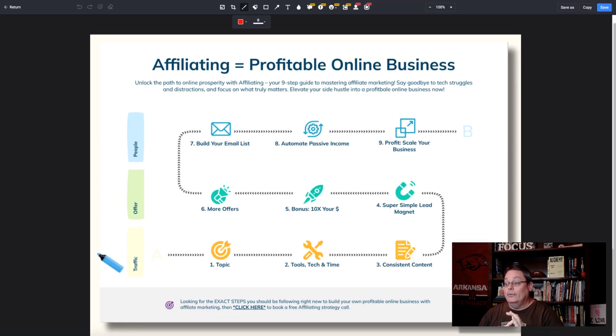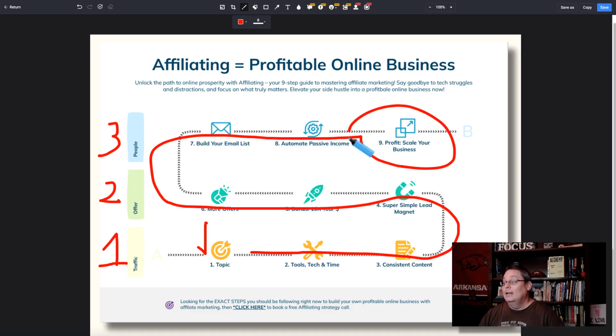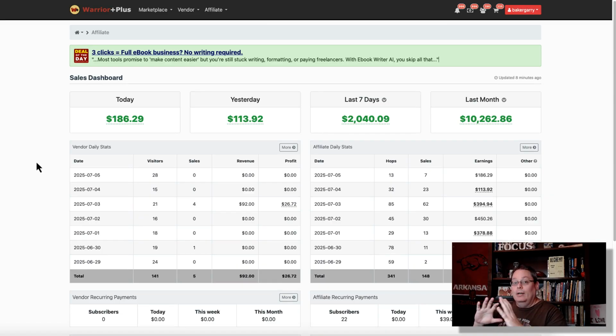We as humans, or I know I like to see a diagram that shows me traffic to an offer, add people to an email list, start with step 1, move to step 2, continue to step 3, 4, 5, 6, 7, 8, 9. Boom, we finish. We follow the steps and we start making money online. Now, this is what I have done using my proven top strategy, but recently with my deep dive into AI